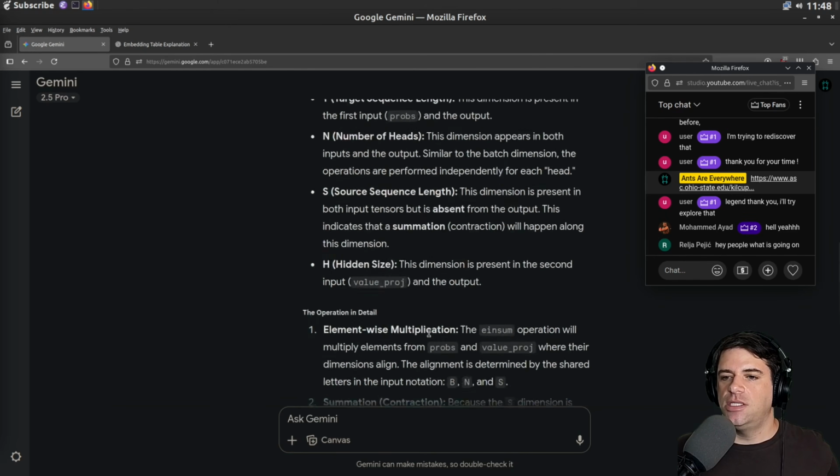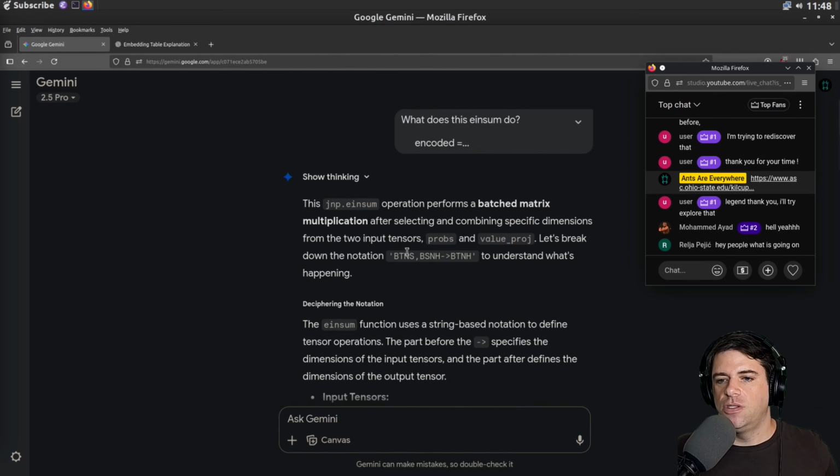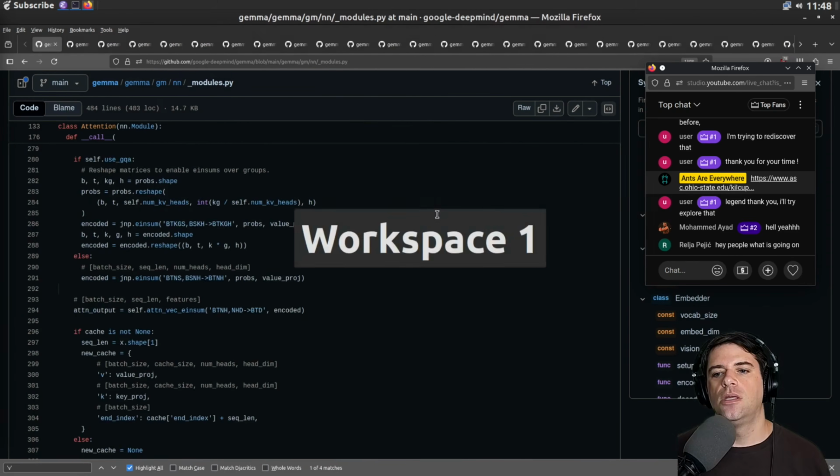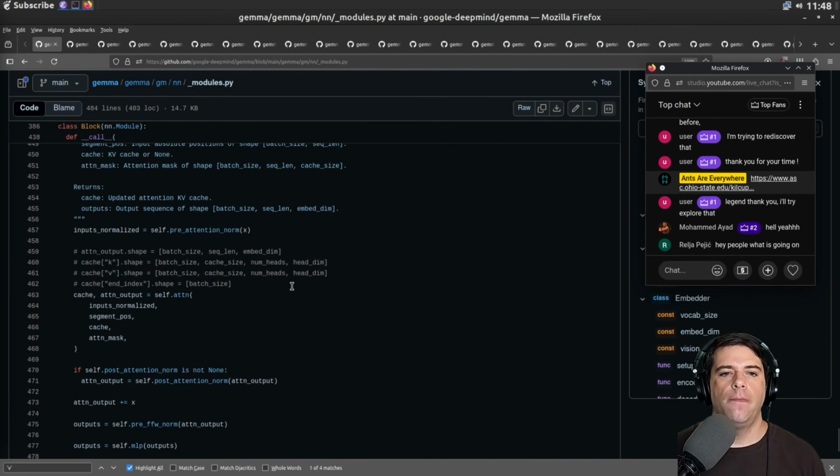Okay, so I see the connection with the ordinary Einstein summation convention. So it's the shared letters that are contracted over. Cool. All right. Now